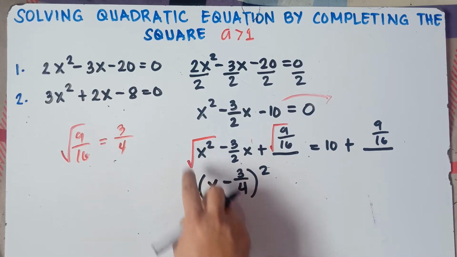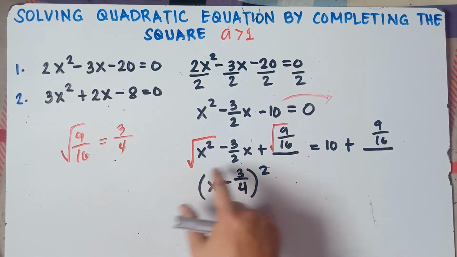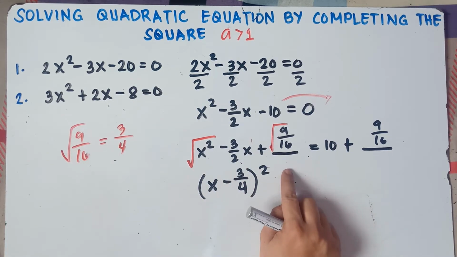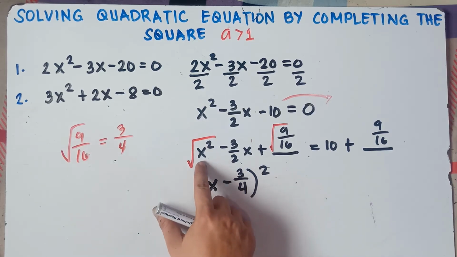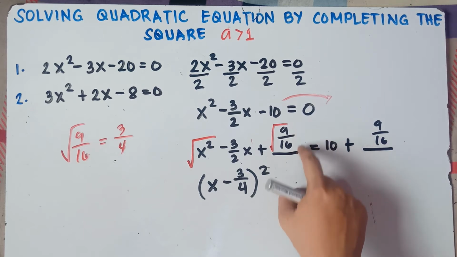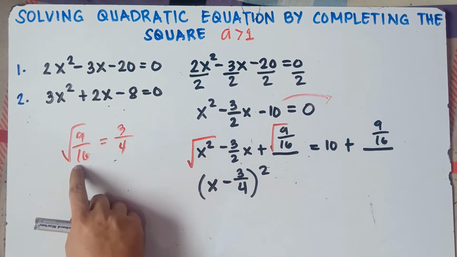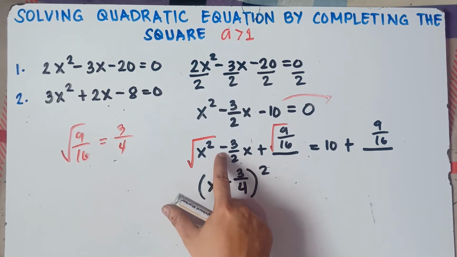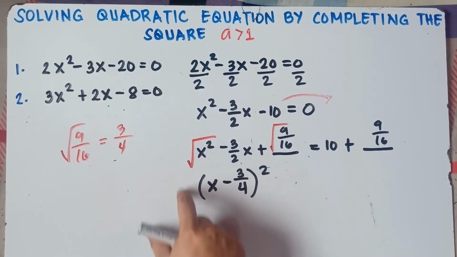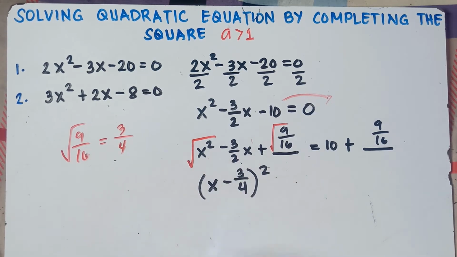This is just the same, class. Once again, when you do completing the square, your answer is a perfect square trinomial which you can make into a square of a binomial by getting the square root of the first term, x, and the square root of the last term, 3/4. You copy the sign of the middle term. You put open and close parentheses, then square. Even if you use the FOIL method, class, you will get the same answer.